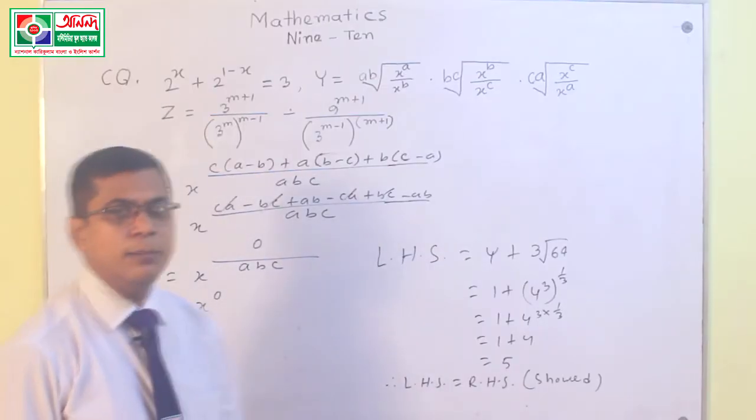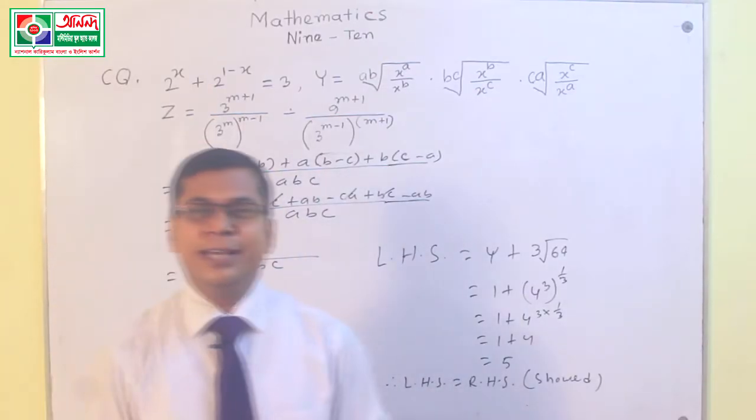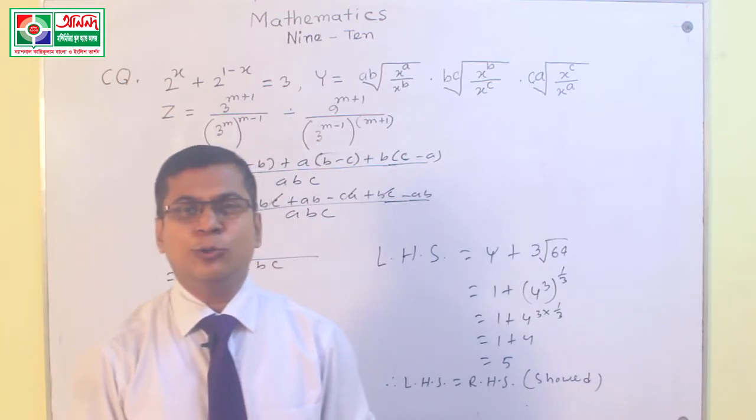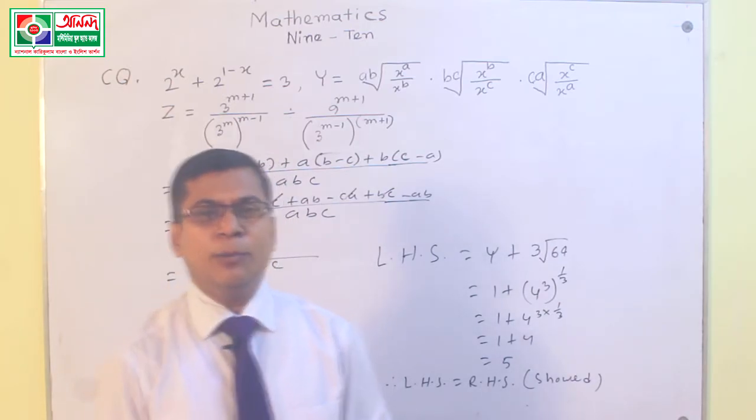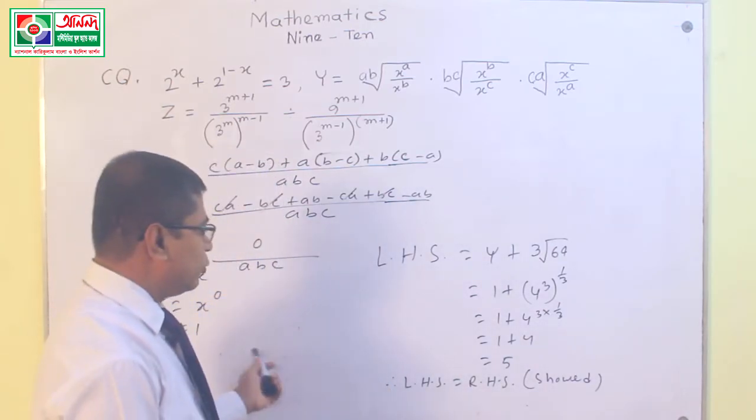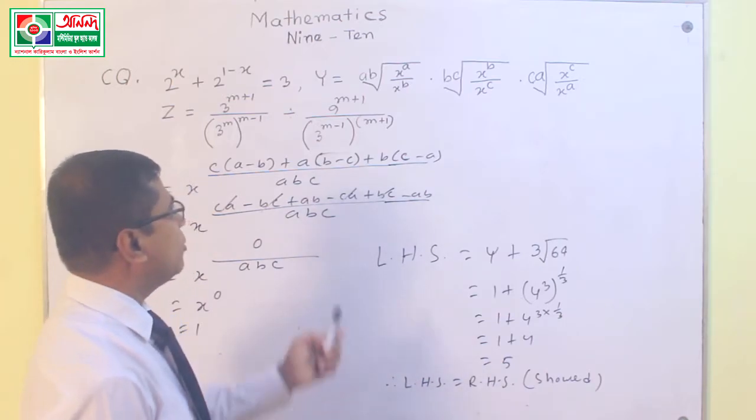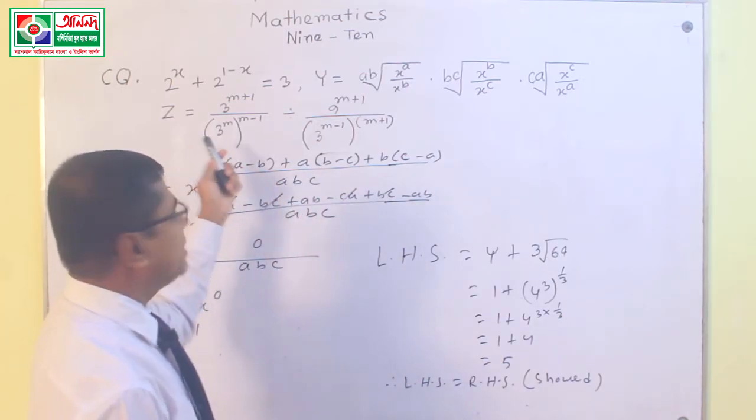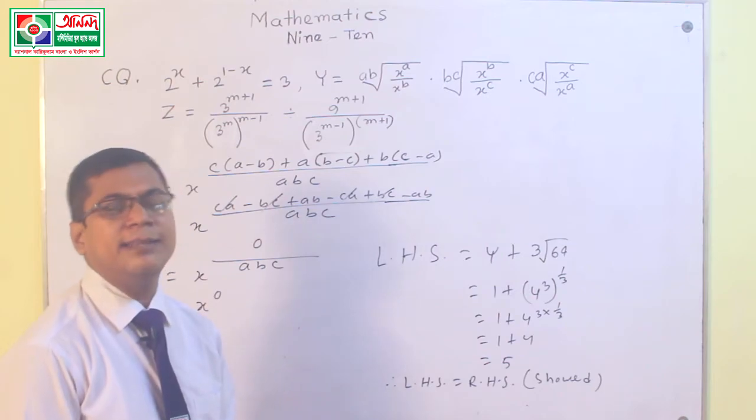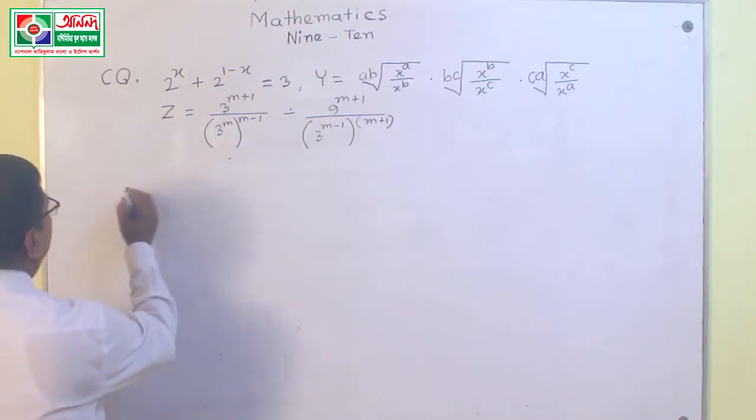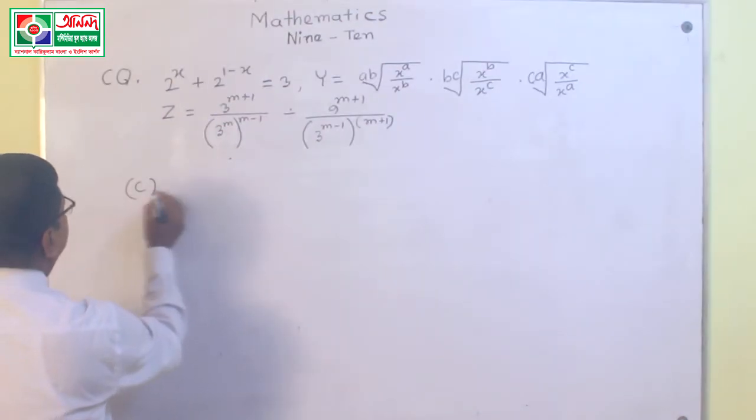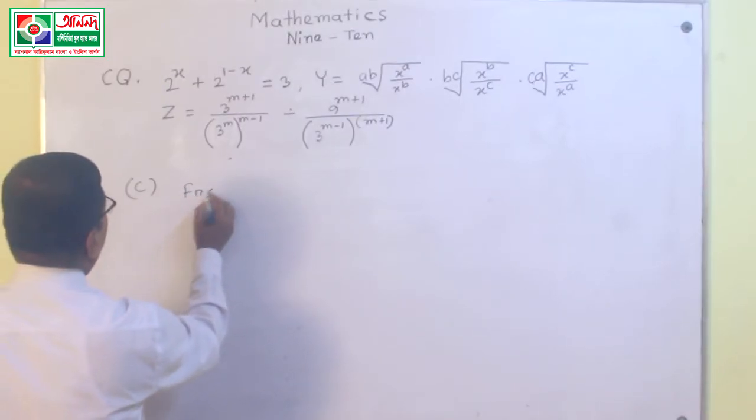Now we will do the question number C. Show that y bhag z equal to 9. We have already found the value of y equal to 1. Now we will find the value of z only, and then you can write the left hand side. First of all, we can write here, say from B we get